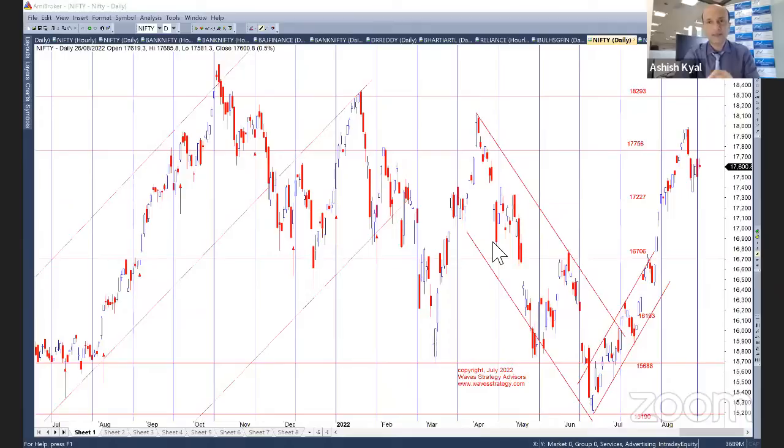17,756 and 17,227. तो नीचे का और ऊपर का ये लेवल है, बहुत इंपॉर्टेंट है, जो हमें देखना है कि यहाँ पर क्या मार्केट वो लेवल को टच कर पाता है. ऑलरेडी अगर if you check this candle, यहाँ दिख नहीं रहा है, this candle was already at this high. So we literally came very close to 17,726. We came very close to that 17,756 level, and from there we have reversed.